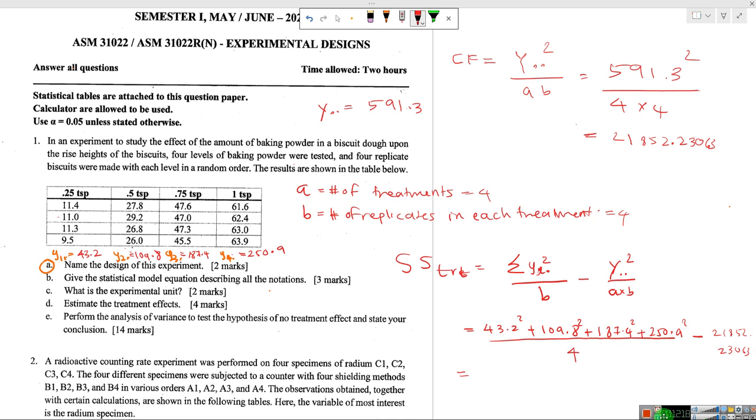Let me calculate 43.2 square plus 109.8 square plus 187.4 square plus 250.9 square is equal to this, divided by 4 is equal to this, minus this value, 852.230000064. So the answer is